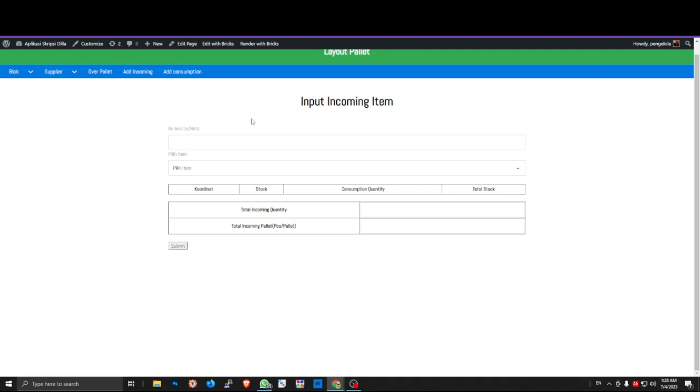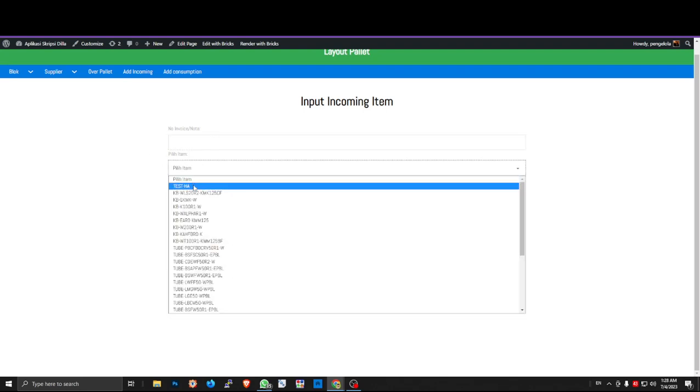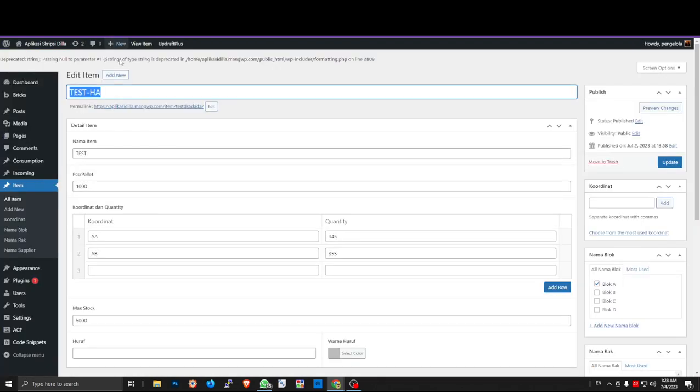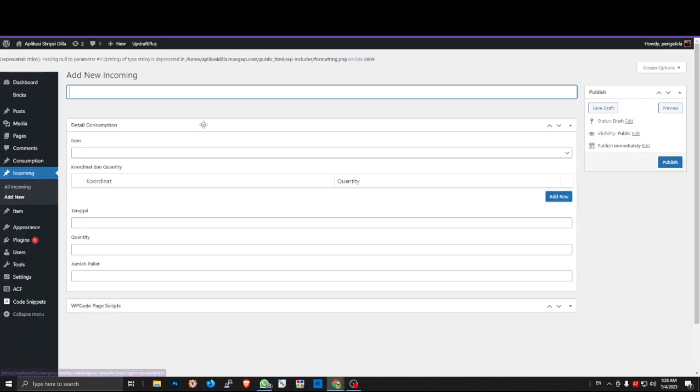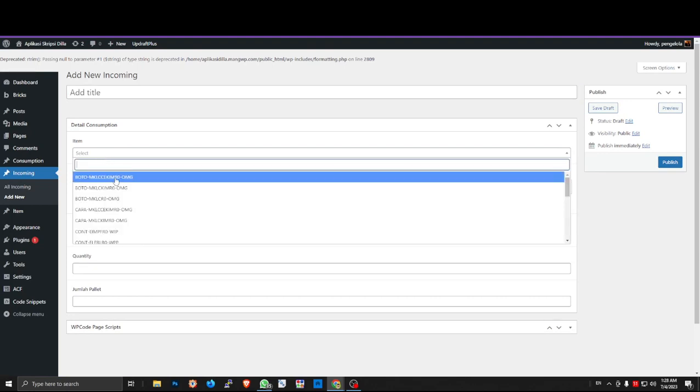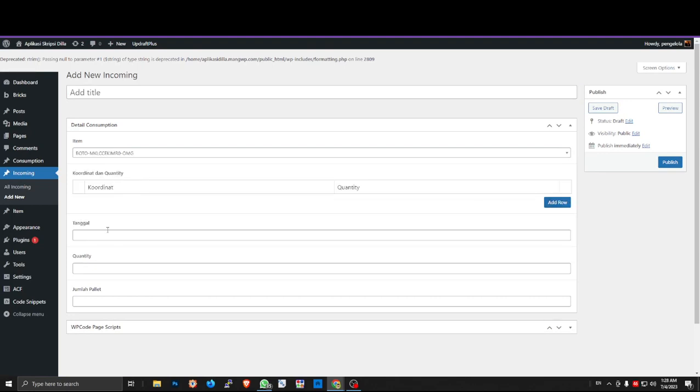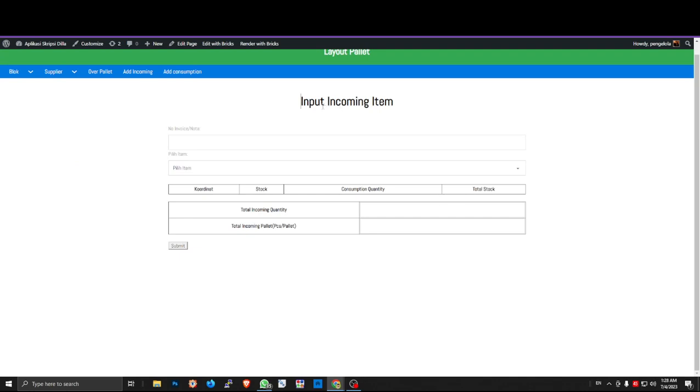So if my cousin adds a new item, let's say this is the item, here I will show you the back end first. So this is like the incoming item. There's an item, this is the post object custom field, and this is the quantity, just like that. But I'm not going to use this editor,